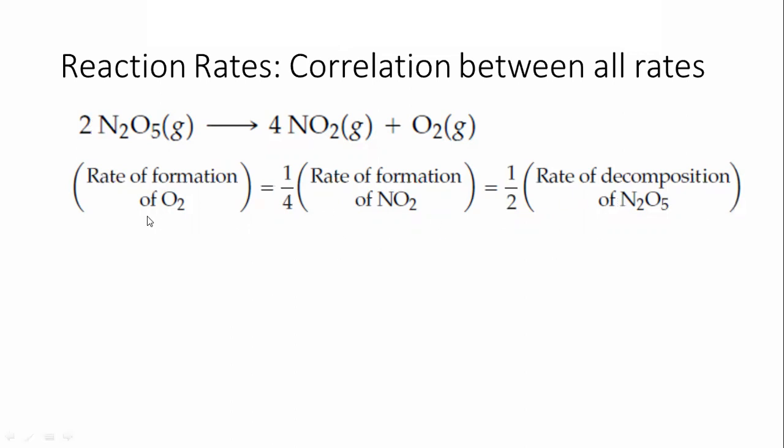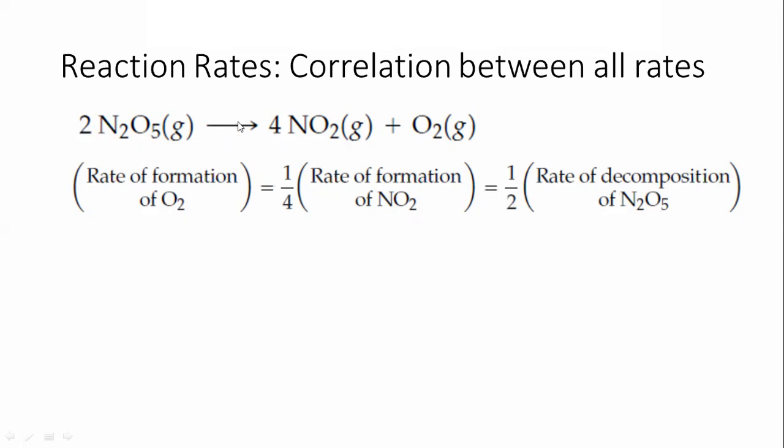So what is the easiest way? There are two options again. You can double this one or you can divide this by 2. The easiest way over here is you just divide by the coefficient, whatever is written over here. So this is the rate of decomposition of dinitrogen pentoxide. The coefficient is 2, that's why we have divided by 2. So look at the rate of these two. This becomes equal to this, that's why it is shown by the equal sign.